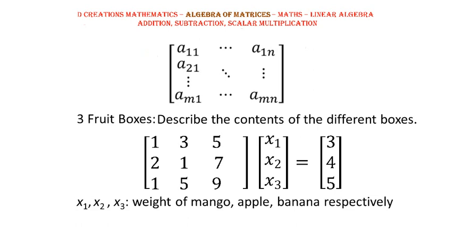Now here you can see that 1, 3, 5, etc. are the elements from the first row. So here you can call them A11, A12, A13 and so on and so forth. We also saw how we can actually represent data using a matrix. We had given an example of a fruit box whose net weight is given here. There are 3 different boxes, and the number of fruits of different kinds were given by a certain matrix, and these were the unknown weights. If you want to see it in detail, you can see the previous episode. But this was just to remind you of the structure of a matrix.